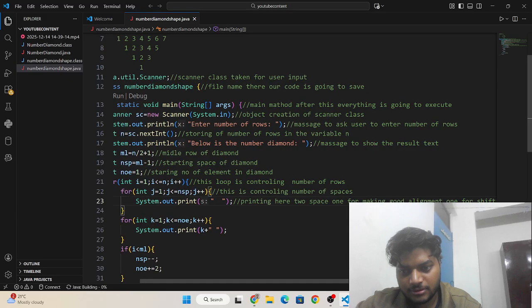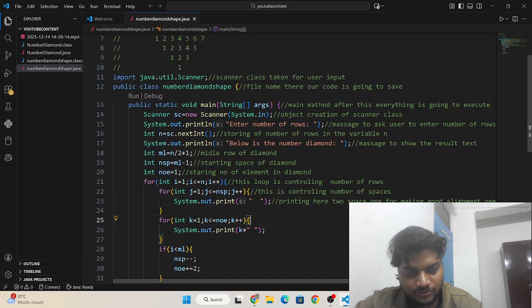Okay, and this loop is printing the elements in each row. Okay, printing the k value with one space.